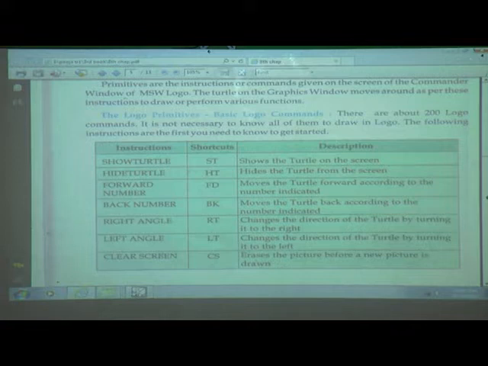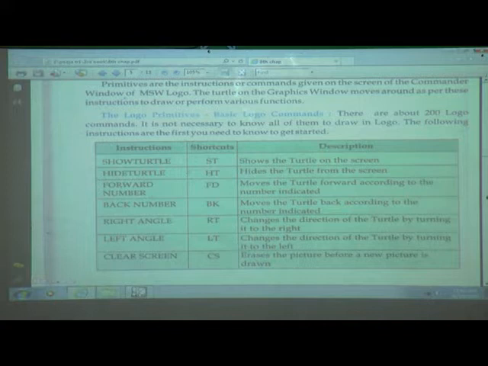Suppose we don't want any picture or what you wrote in a notebook, then by using an eraser we can erase it and draw a new one on that single page. But is there an eraser in Logo? Yes, there is. By using the CS command, we can clear our screen. We can erase what we drew, and afterwards we can draw a new thing, or a new picture, which we want.